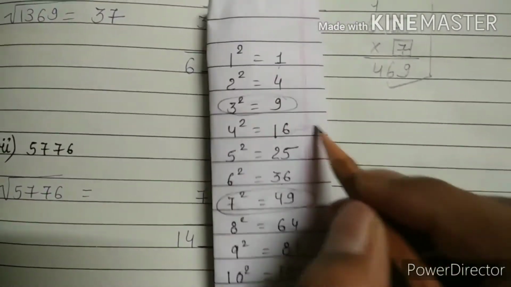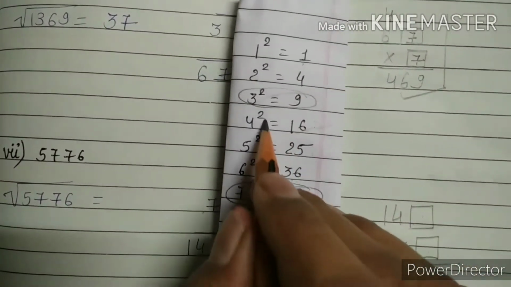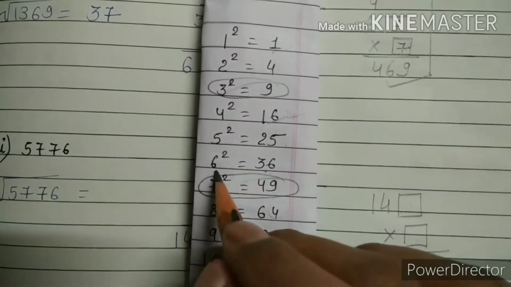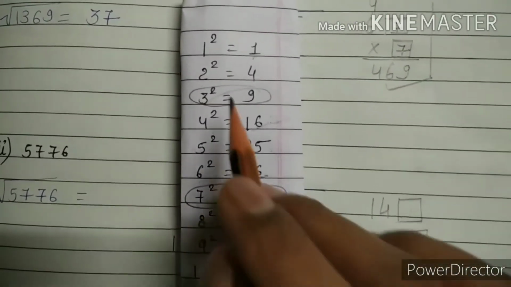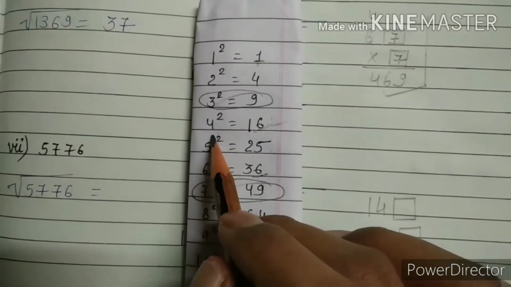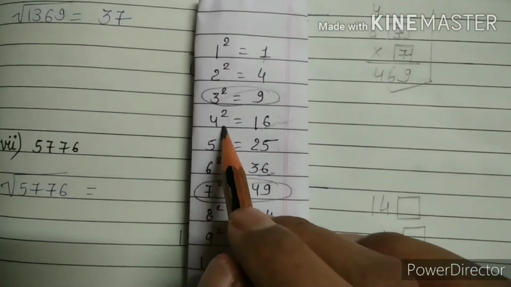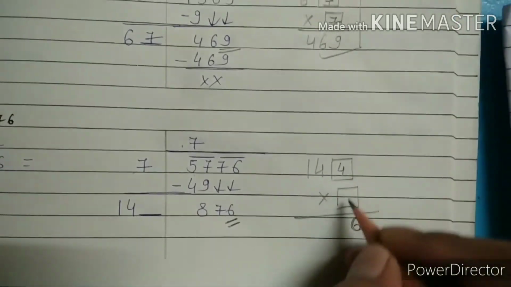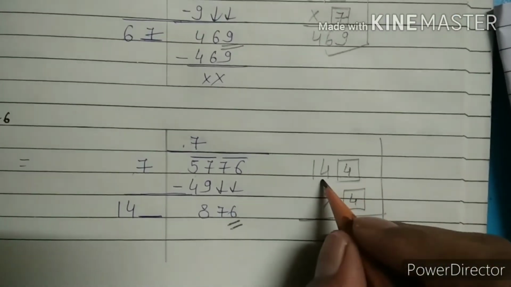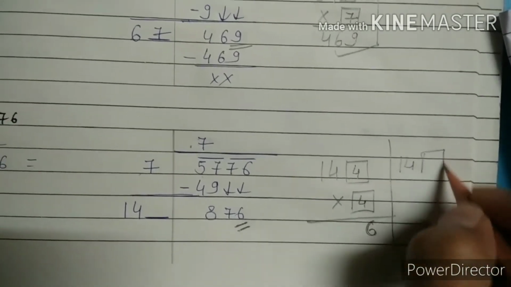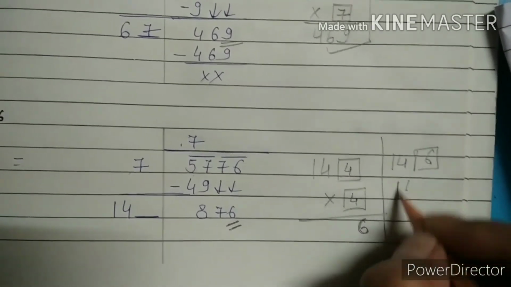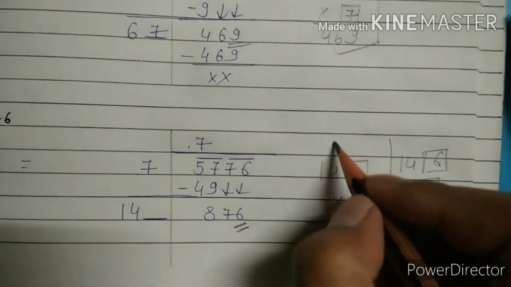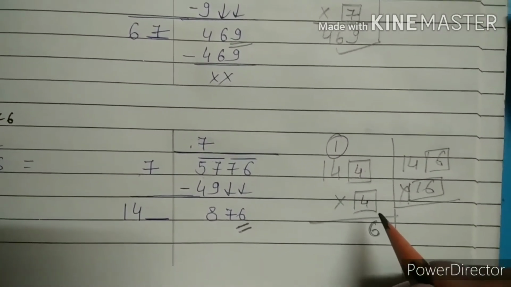Here in the case of 4 square, 6 is in the ones place, and in the case of 6 square, 36, 6 is here. So 4 and 6, let's see both together. One time we will put 4 here and one time we will put 6 here. Let's see whose case is correct. 4 4s are 16, 6 down, 1 above as carry.